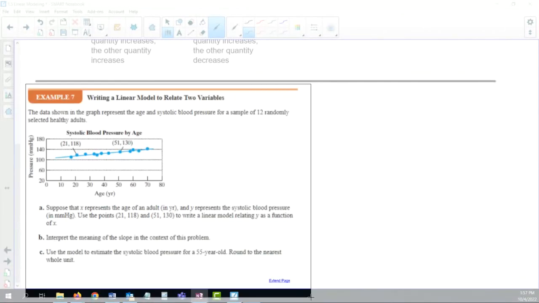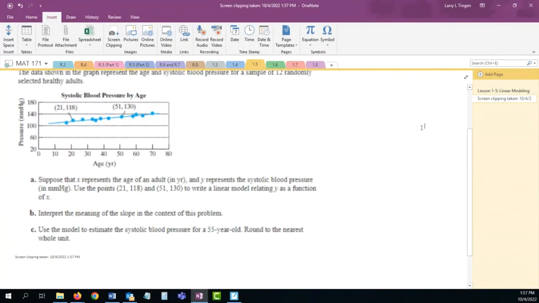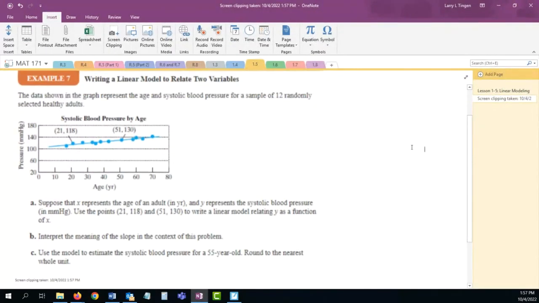I'm going to move to my next page. And it shows age and systolic blood pressure for a sample of 12 randomly selected healthy adults. Okay. So for this section,